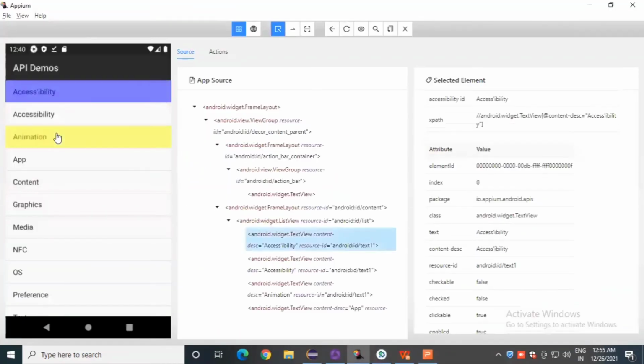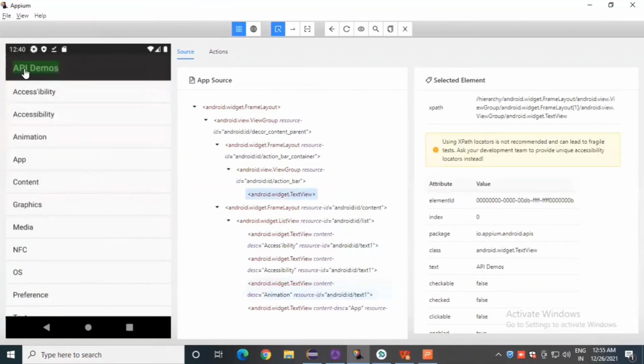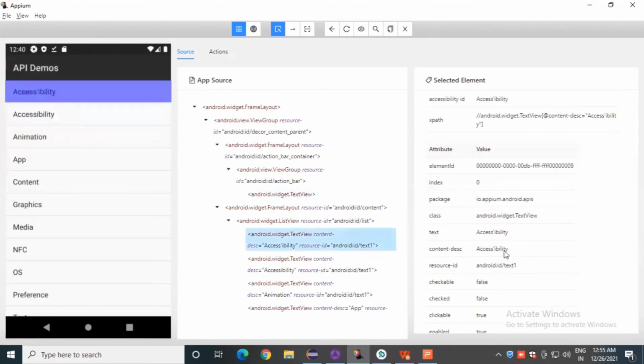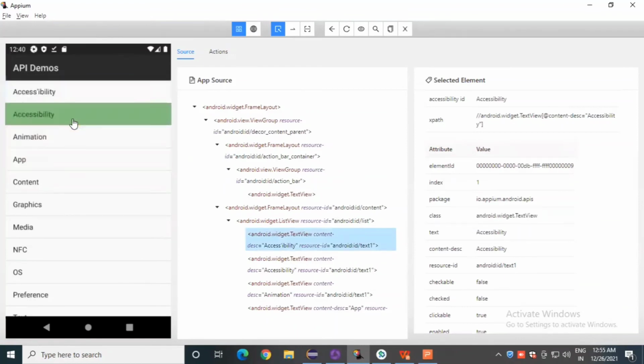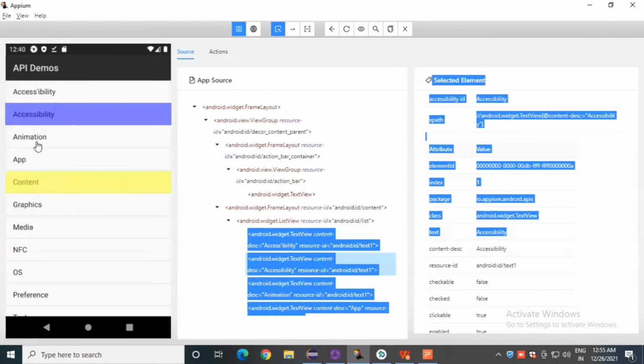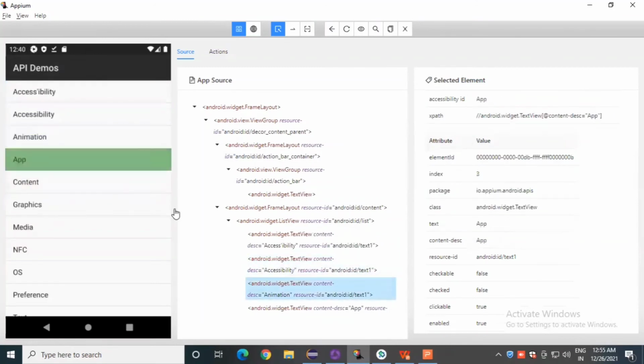Like here is the same class name, here for this API demo also class name is same, okay. So it will start scanning from here because index 0 is here, right? Then accessibility ID, the class name is same. Then this accessibility class name is same, this animation class name is same, app class name same. So it will travel from here till this media and then click on this media.